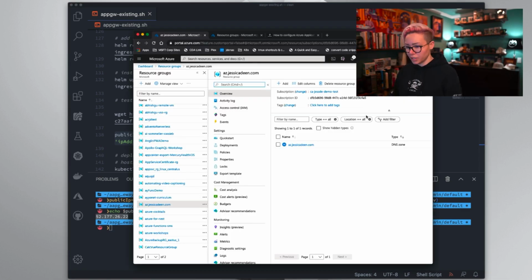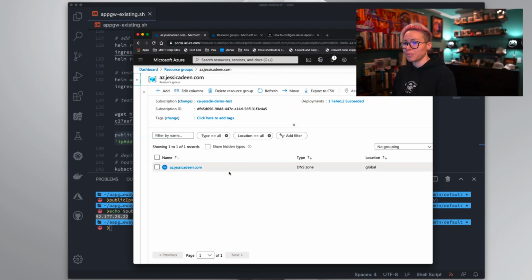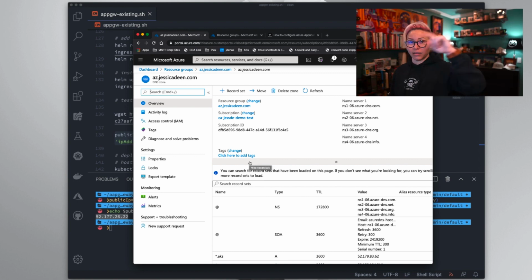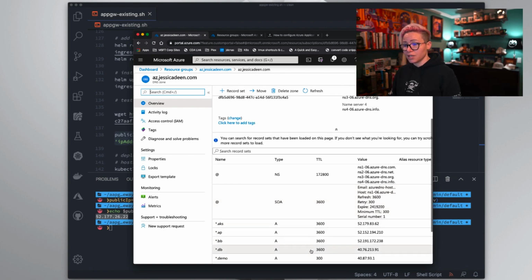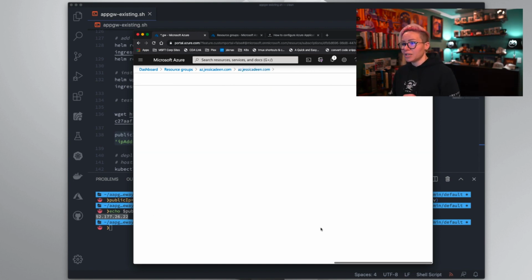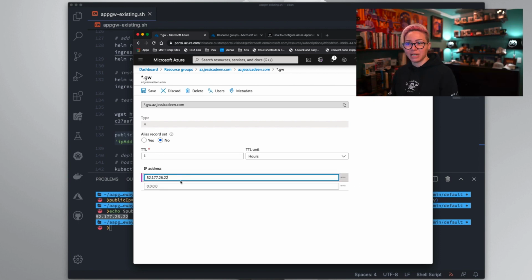Great. So here's my browser, and we'll blow this text up just a little bit here. We'll drop some of these tabs back, and you can see that I have Azure DNS already pre-configured. Again, I did this very similarly with Nginx. If I drill down into my Azure DNS, and again, I'll link to blog posts and different things, you can learn how to do this. I have a bunch of wildcards that I'm using for various Nginx or application gateways. And I have one right here that's assigned to wildcard GW. Now this is assigned to one that I tested out for this particular video. So instead, we're just going to remove that IP address and add in the IP address that we just exported,